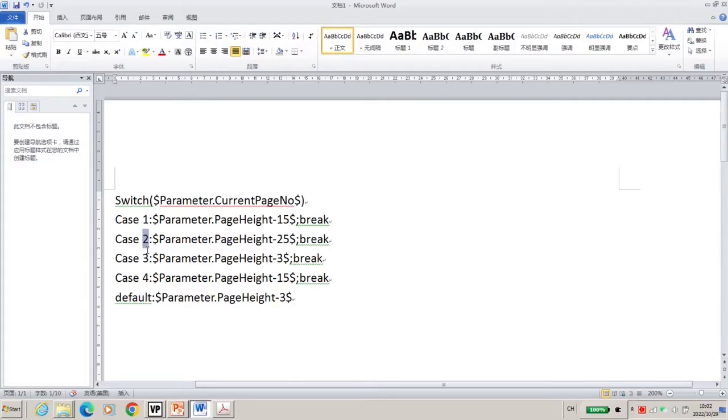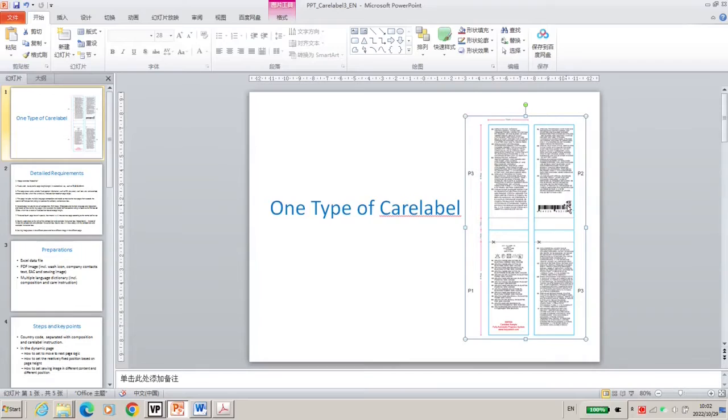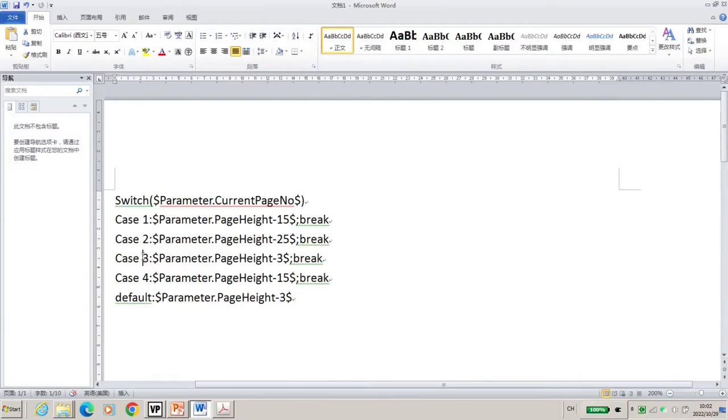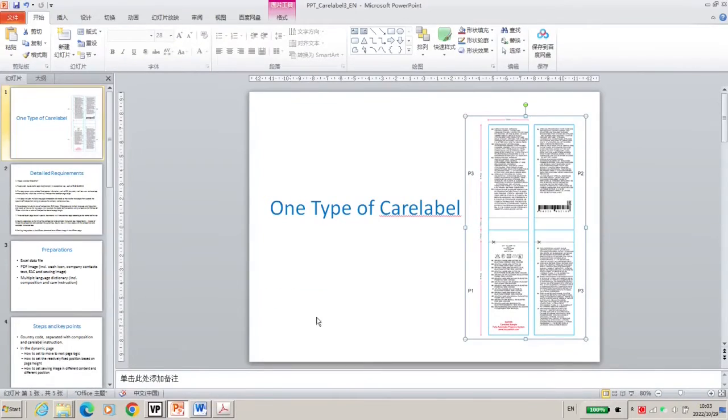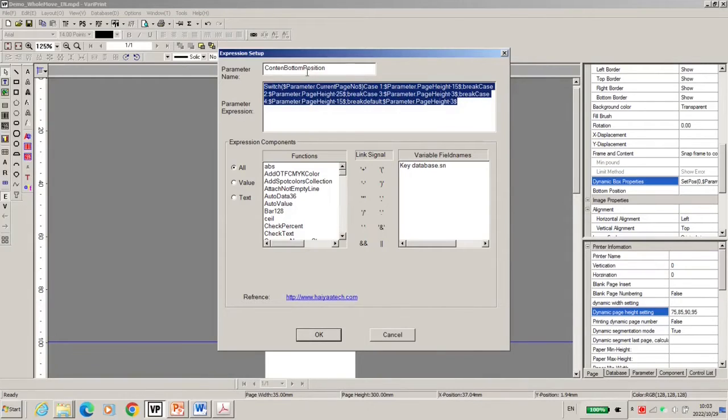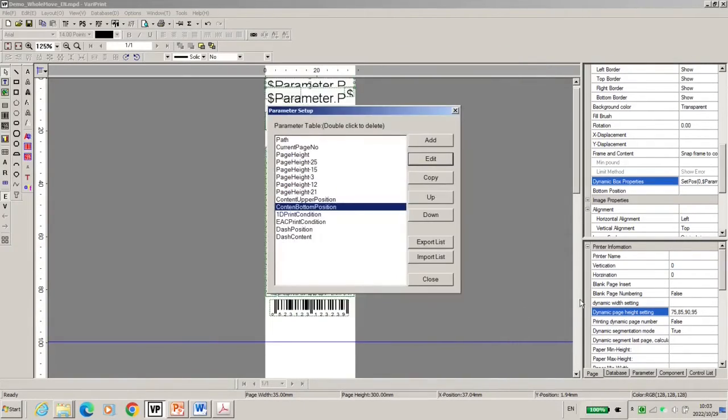And the page 2 move to next page more earlier, 35, because it need to leave space for EAC and the Wendy barcode. So do not print here. Move to next box earlier. So Y position is, and the 3 is easy, -3, and the page 4 -15. So the parameter for the bottom position, then we will apply these two parameters here.